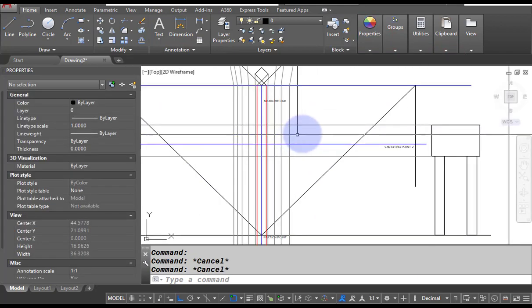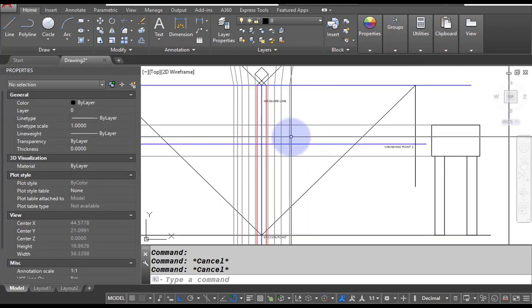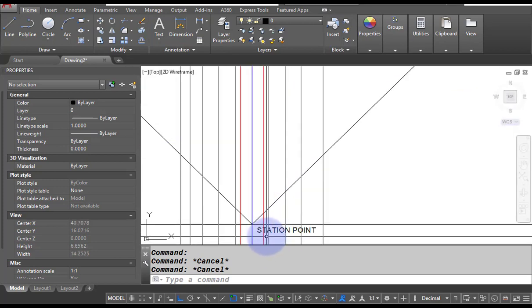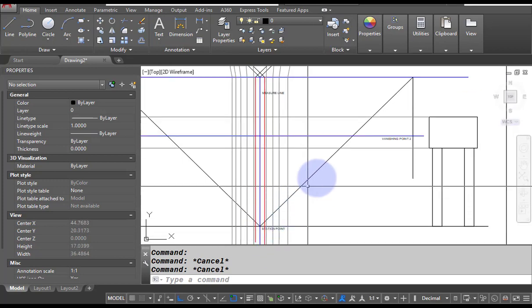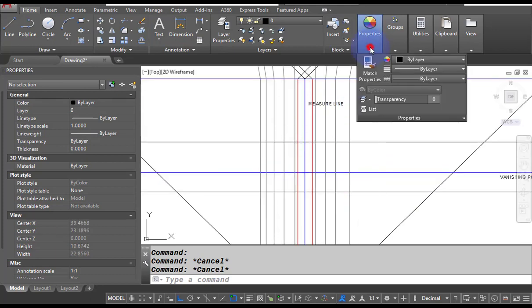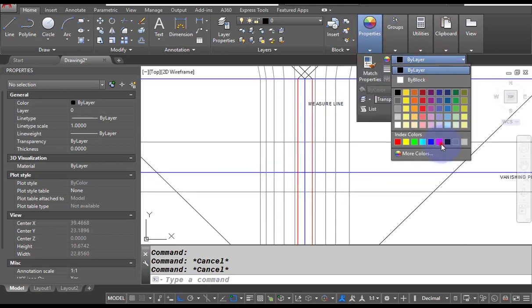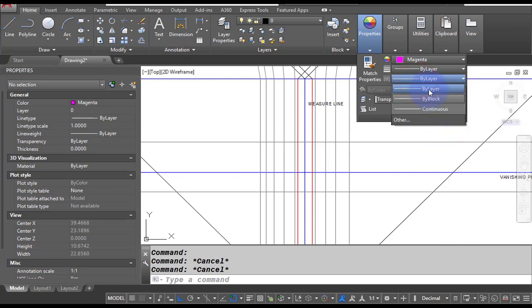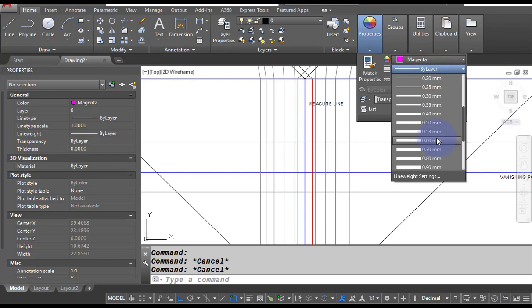Okay, after that, what is our next step? Our next step is to connect the points to the vanishing points. So first of all, I'm going to change the color, let's say magenta, and let's say our line weight is about 0.6 mm.